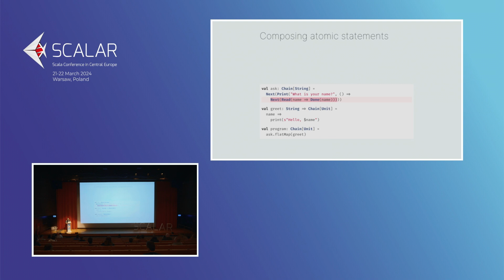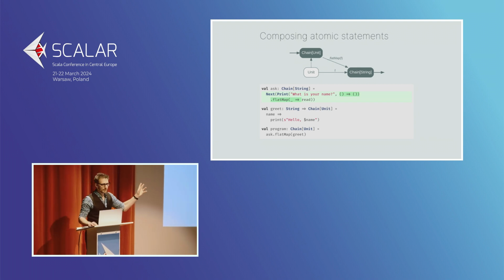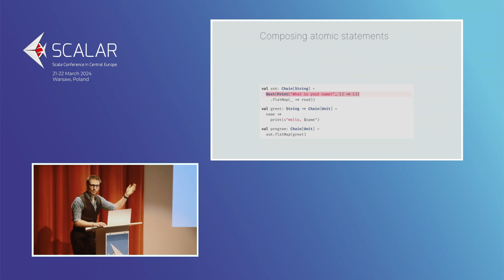Right, so now we have an atomic read statement. Well, that is nice, isn't it? It's not finished, though. Another pattern. We have this function that we execute within a chain of units in order to get a chain of string. That is a triangle. What did we say about triangles? Something flat mappy is going on. Yes, we can rewrite this entire thing as a flat map. And again, this looks worse. Yes, it does. But also that means we see that now, which is an atomic print.